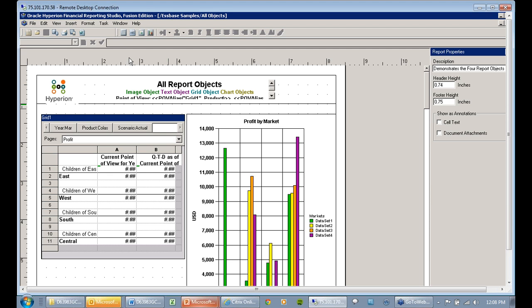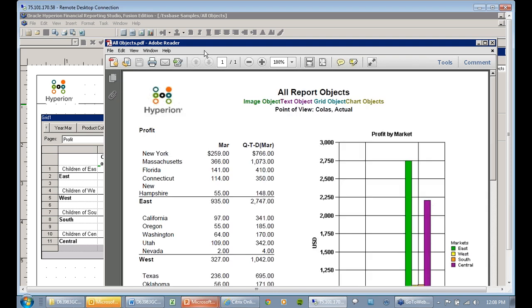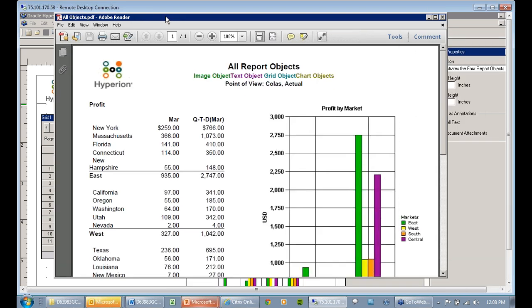But from here, as you're building your report, you could say, yes, I want to print preview it. So I just press the print preview button up here, and it opens up in a PDF format, and I can see that, yes, there's an image. There's my text object with both hard-coded text and what are called text functions that produce the point of view colas and actuals that you see. And here's my grid object, and my 4th object is my